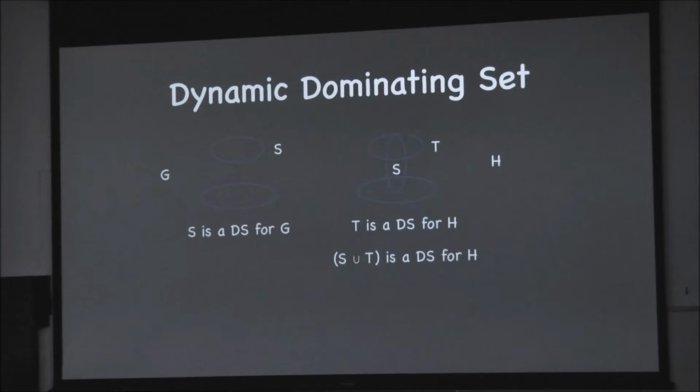Now the only thing we need to show is the Hamming distance property. Let us consider the distance between S and S union T. We want the distance between S and T to be at most r. Suppose it is at most r. How will the Hamming distance of S and S union T look? It's the symmetric difference of the vertex sets, so it's |T minus S|, which is at most |T minus S| plus |S minus T|, that is the distance between S and T. So if that is at most r, this will also be at most r. So it suffices to look for a dominating set that contains the given dominating set. This is the first one.